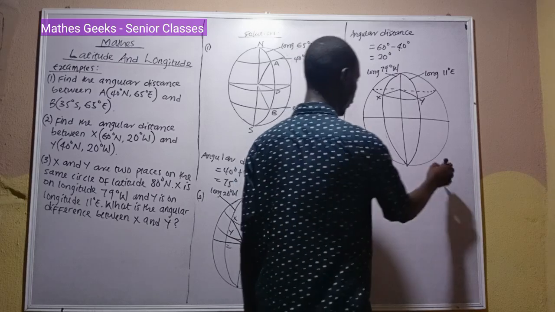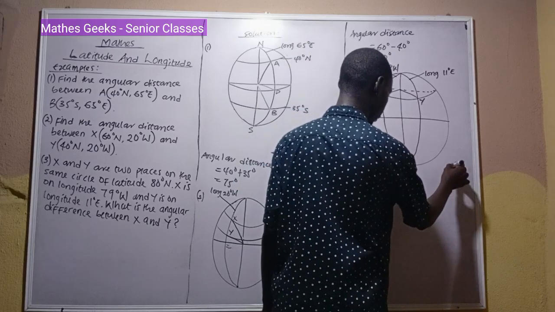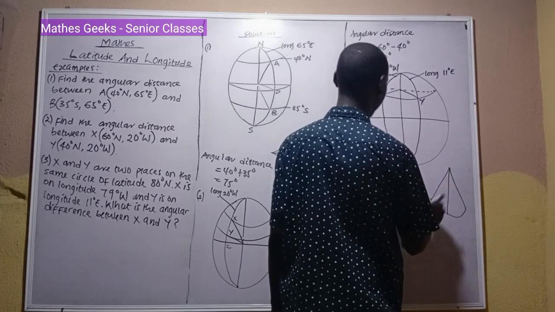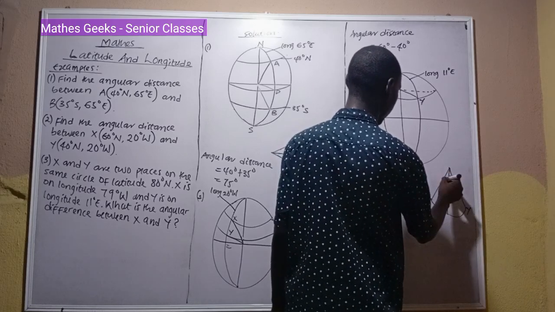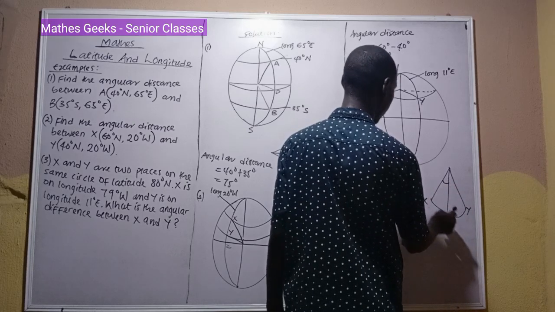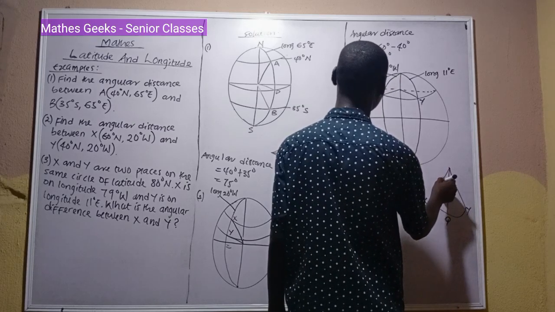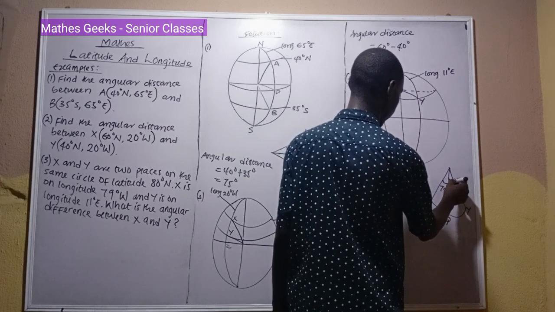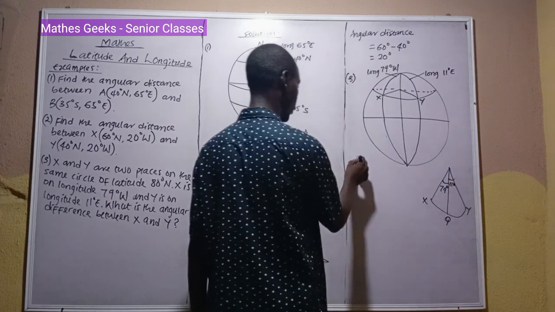Okay. So the line is X point Y. X, Y, X, let's call this Q. XQ is 79 degrees and Y is 11 degrees. So the angular distance